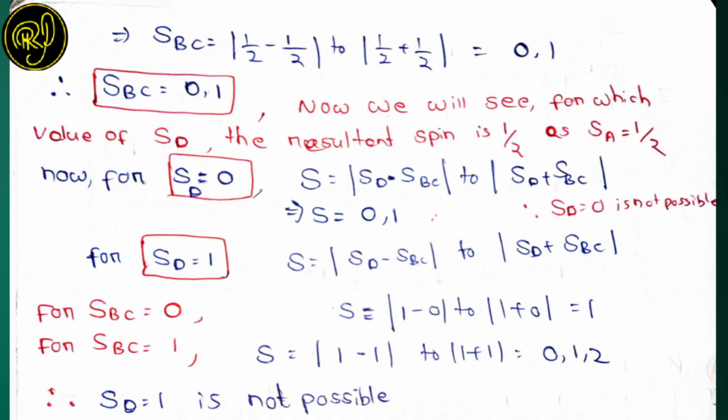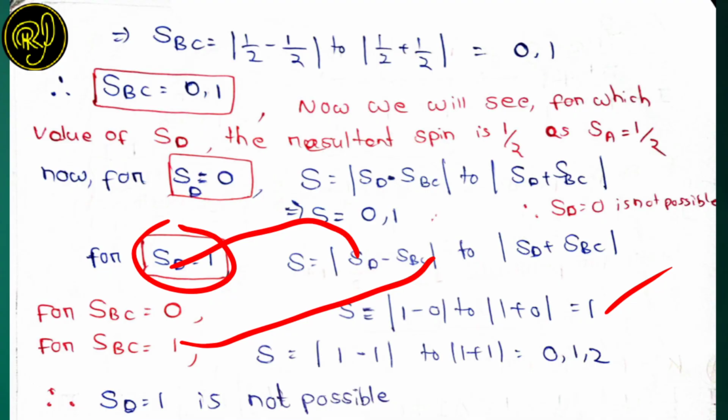So first, if I put SD equal to 1 and SBC equal to 0, I am getting that total spin S is equal to 1 minus 0 to 1 plus 0, which is found to be 1. Now if I put SBC equal to 1 and SD equal to 1,